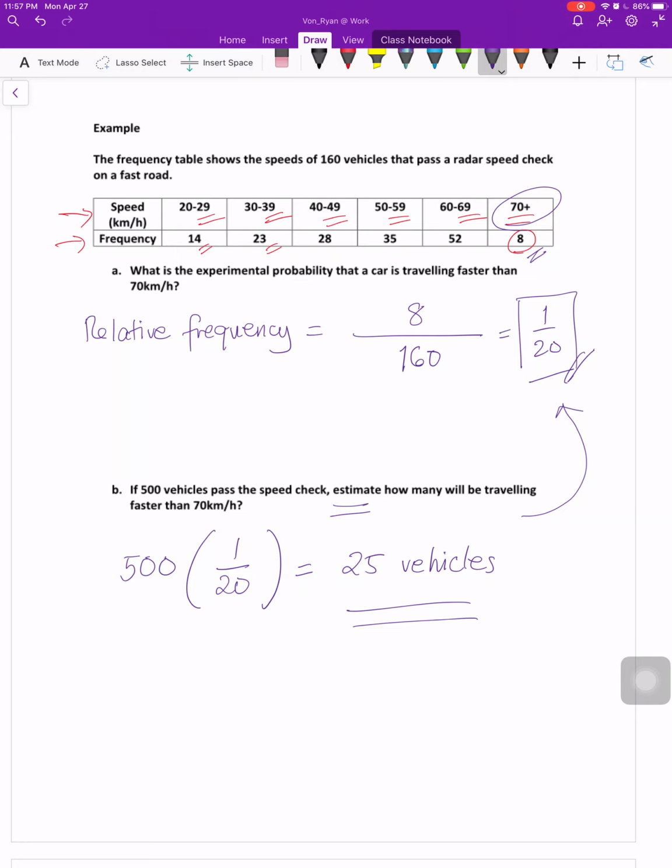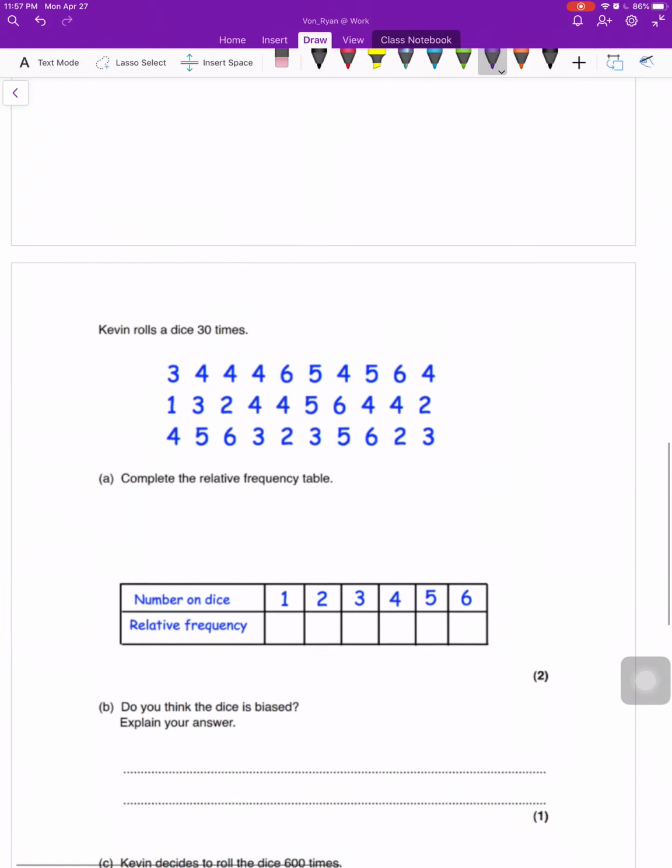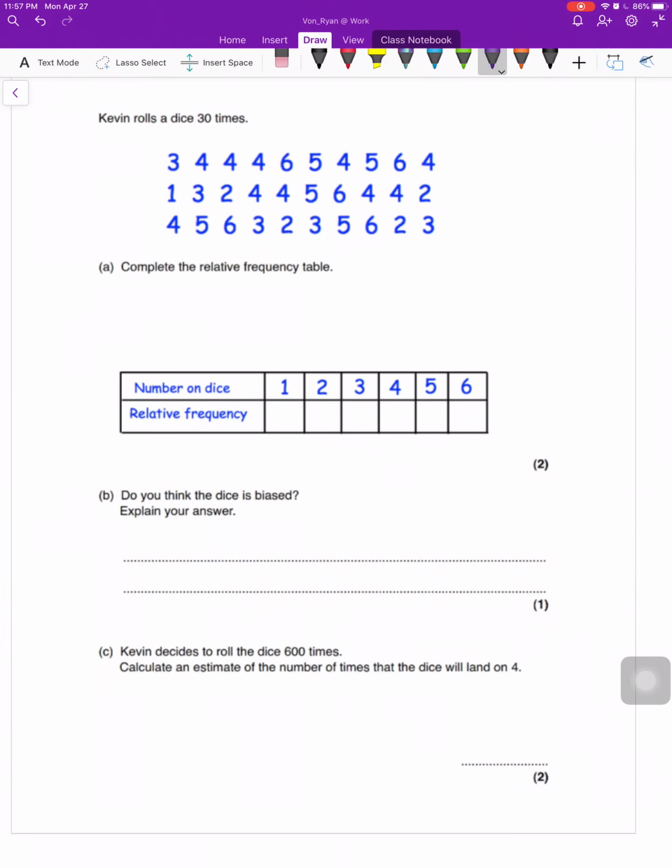Feel free to pause the video so you can copy notes. Now let's look at an example next. So this one is a dice. Kevin rolls a dice 30 times, and these are the results. Complete the relative frequency table. Now you have to be careful because this is the number on the dice, so that's the actual result. And then it's asking for the relative frequency, so that's how many times one appeared divided by the total number of rolls, and we say that's 30. So all of these numbers in the relative frequency will be over 30,